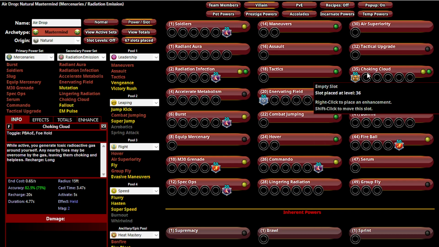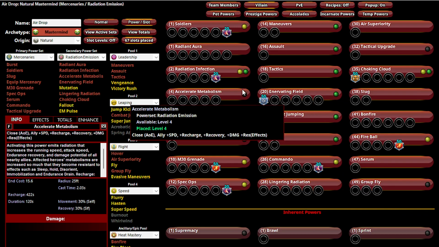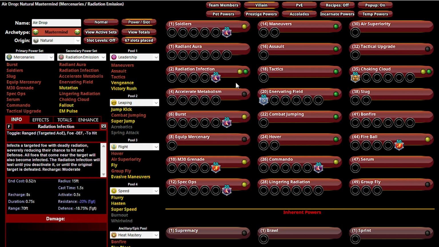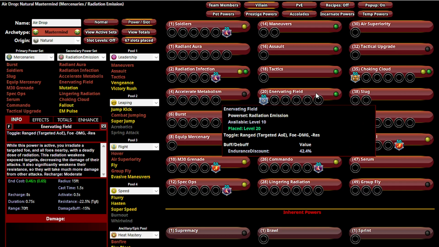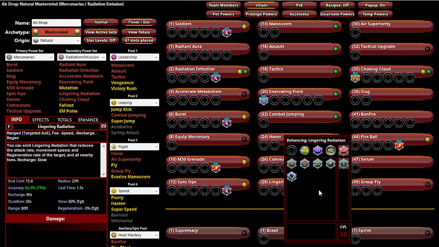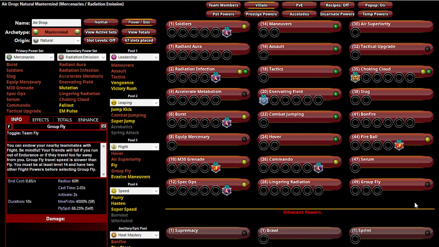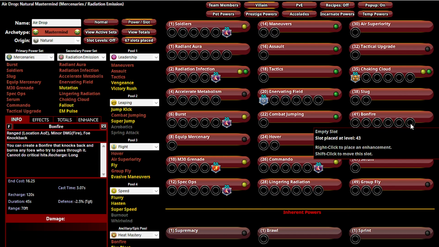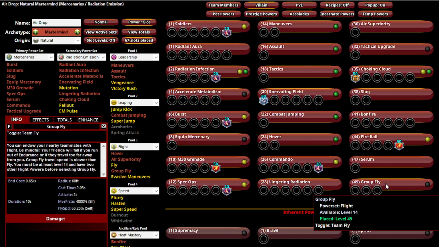I'd go into melee with these toggles running: Choking Cloud, drop the Radiation Infection, Enervating Field. You could use Lingering Radiation, another nice little debuffy power. Slow the crap out of your enemies. You could drop Bonfire right underneath them. So I think that playstyle wouldn't